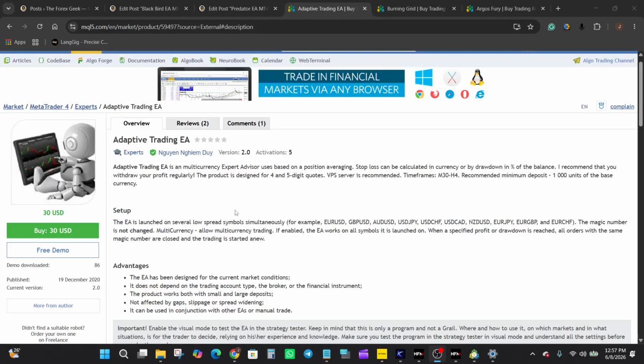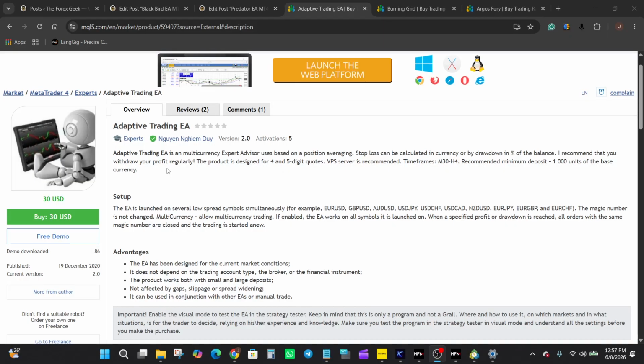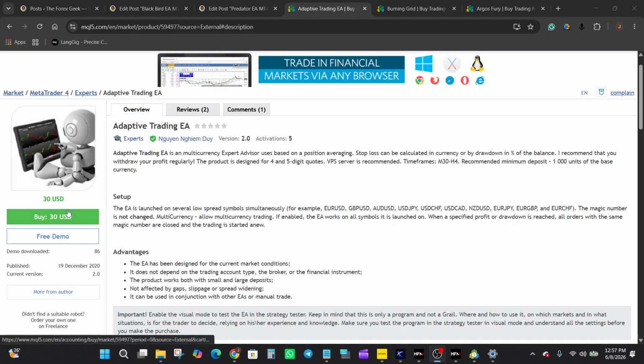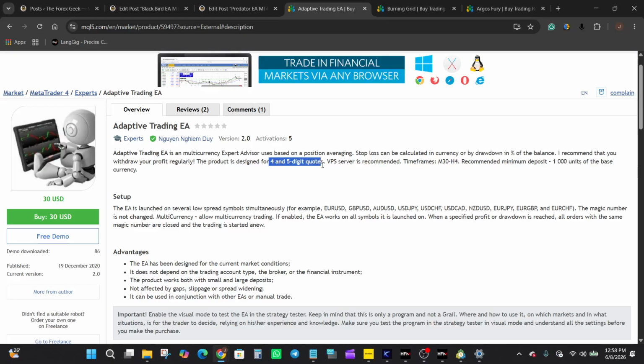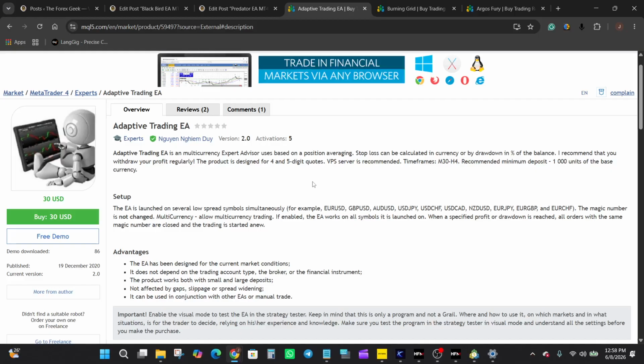Starting here on the marketplace page, Adaptive Trading EA is currently listed at $30. The current version is 2.0, and according to the developer, this is a multi-currency expert advisor that uses a position averaging approach. The EA is designed to work on both 4-digit and 5-digit quote brokers, and a VPS is recommended for continuous operation. The developer recommends using the EA across multiple low spread currency pairs